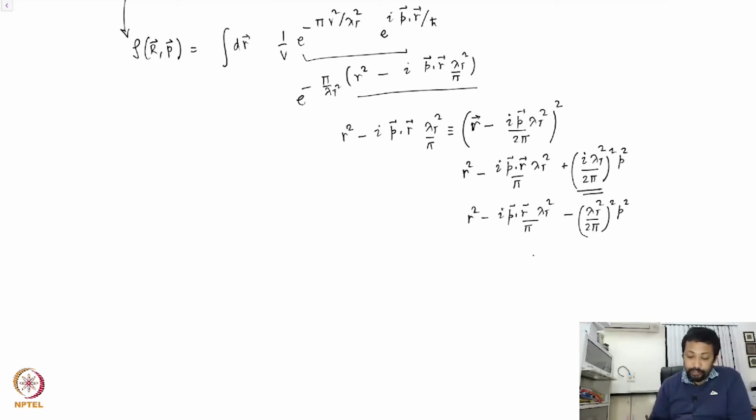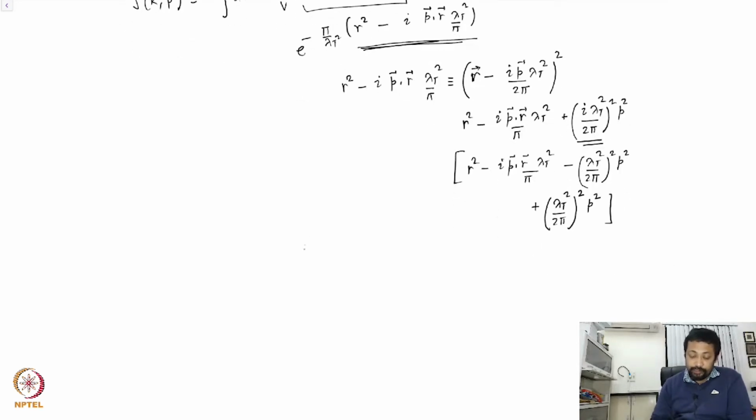Therefore I need to add a term which is plus (lambda_t^2 / 2 pi)^2 times p^2. If I add these two, then you see this particular term is identical to this, and therefore the exponential is pi over lambda_t^2 times (r minus i (lambda_t^2 / 2 pi)